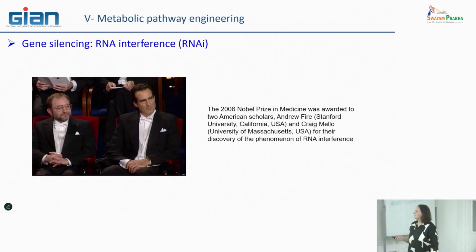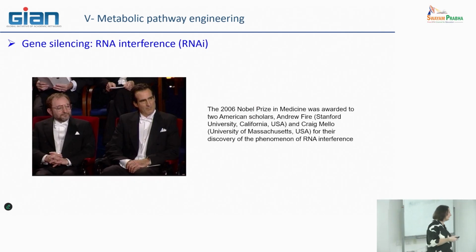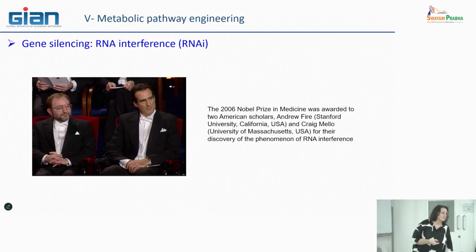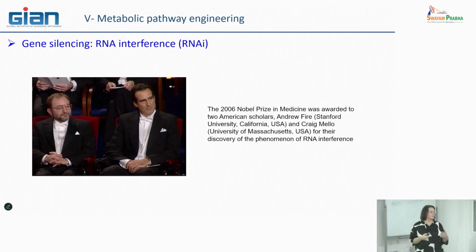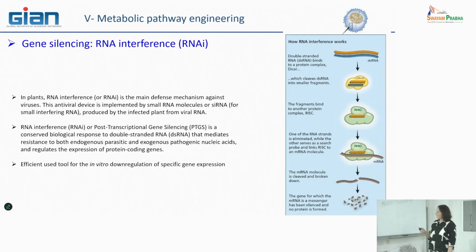In particular, two men received the Nobel Prize for having discovered this system, which is a natural defense system of the plant against, in particular, viruses. And they found how to use this knowledge to propose molecular tools in order to control the possibility to silence a particular gene. So thanks to them. And what is exactly the natural system?